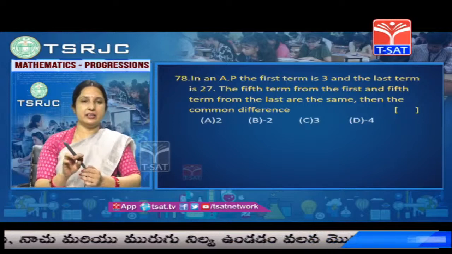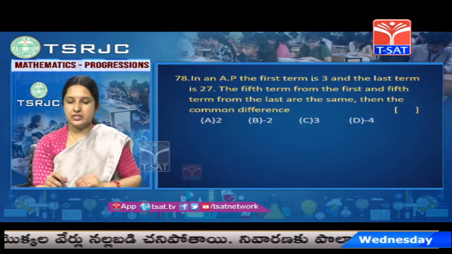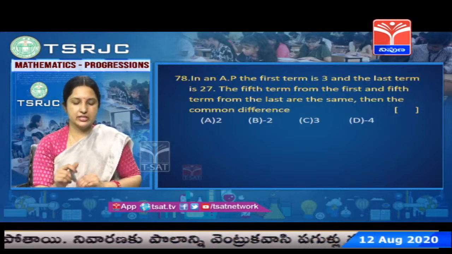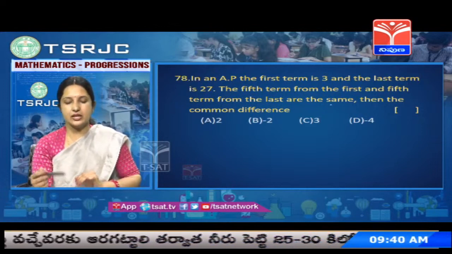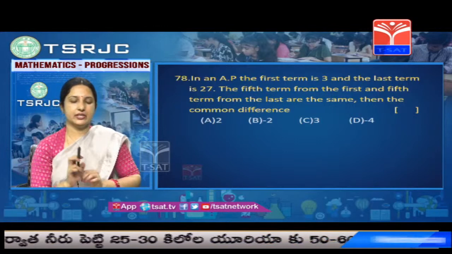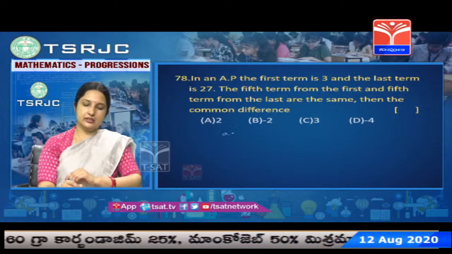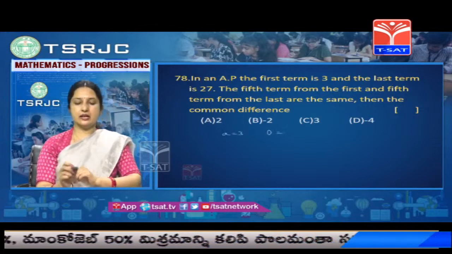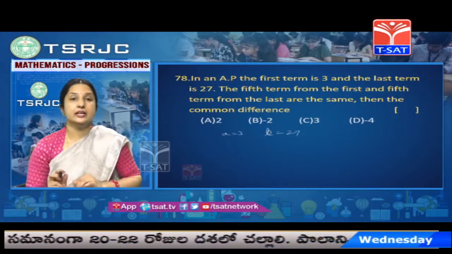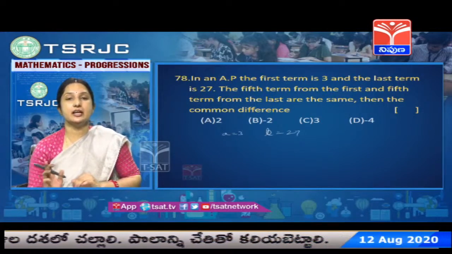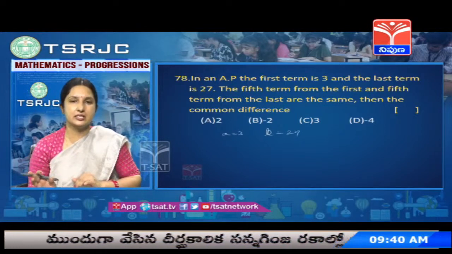Then question number 78. See, in an AP, the first term is 3 and the last term is 27. The fifth term from the first and the fifth term from the last are the same. Then the common difference is